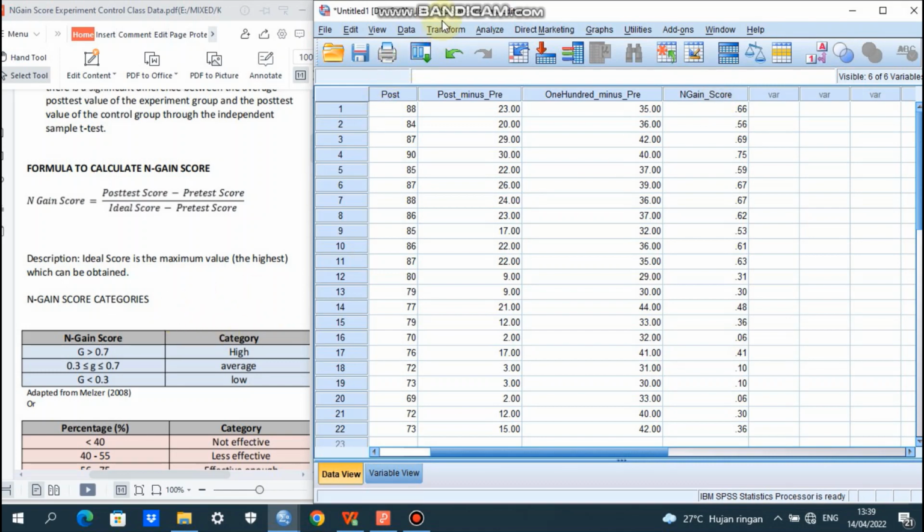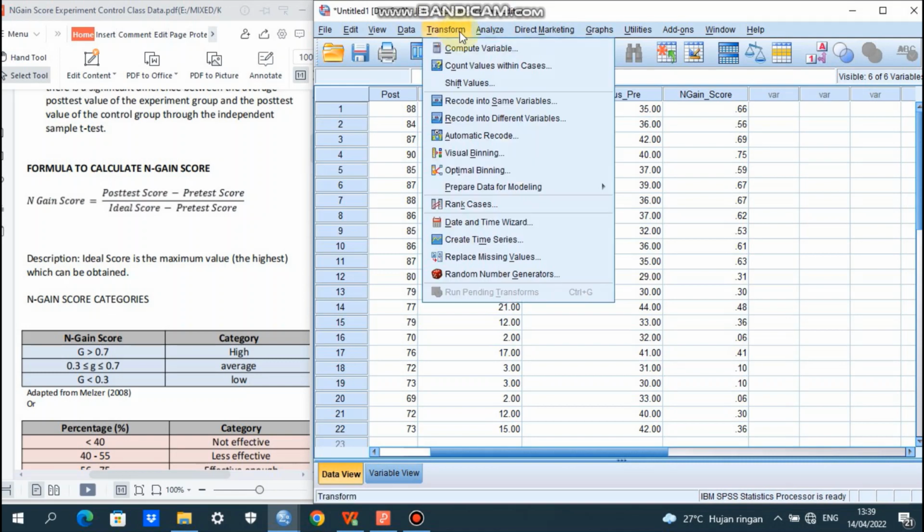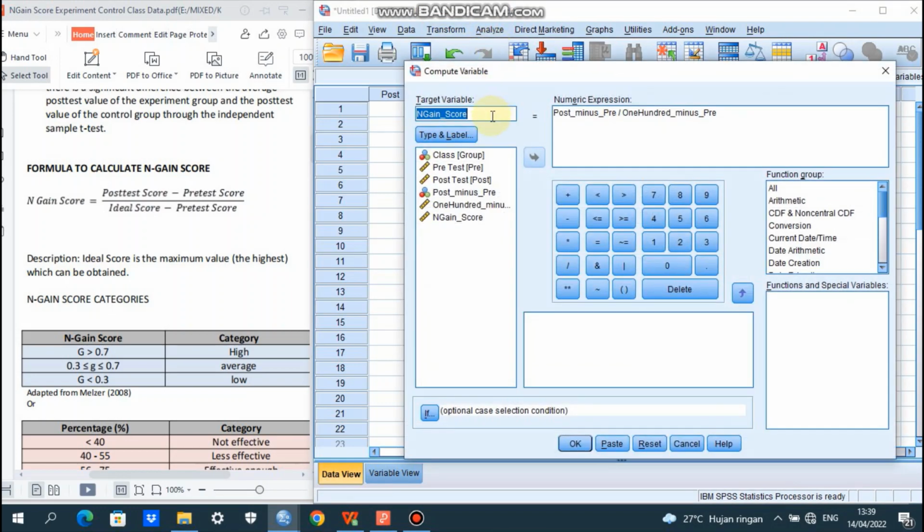The next step, we need to find N-gain percentage. Even though from this one, we can have the category here. We go to N-gain percentage, still the same. Or we do transform, click compute variable. And here N-gain score percentage. And then we delete this one. Okay, N-gain score percentage.